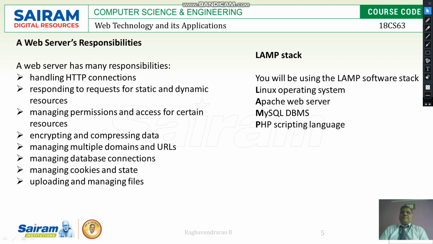For example, for your transport department, all the data can be stored in gov.in. In the Google site, if you go to the transport department, you can see the domain name, and under that particular domain you can store the files, and also upload and download the data. That is possible